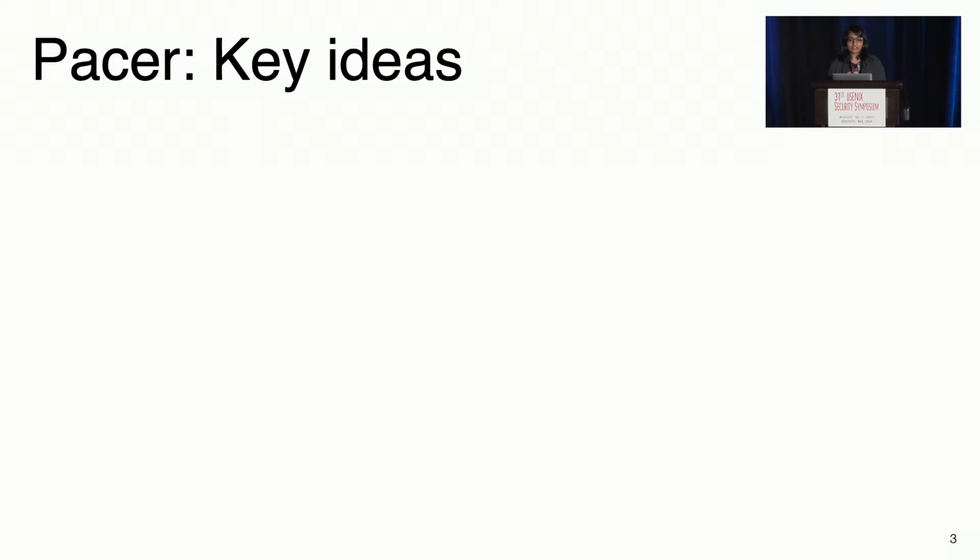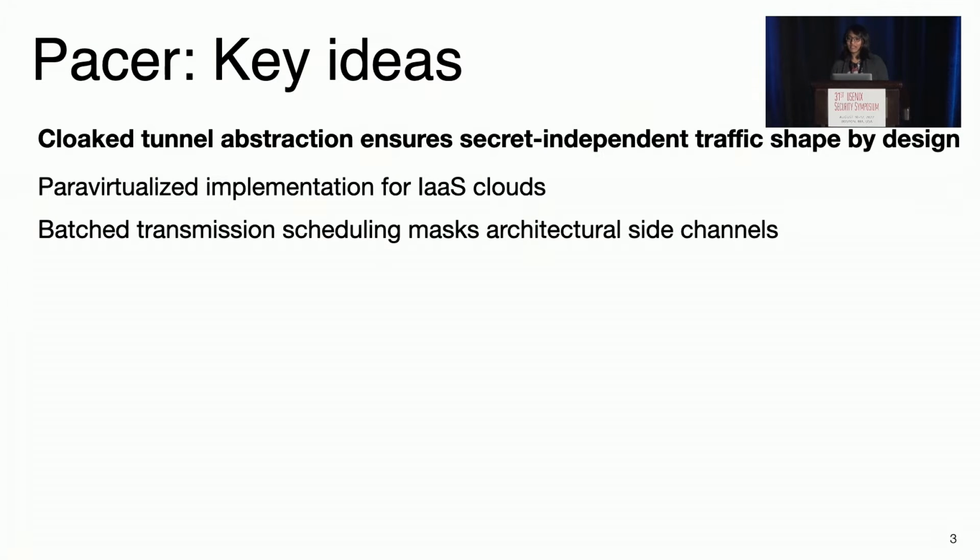And we present a system called Pacer to mitigate these kinds of leaks for cloud tenants. At its core, Pacer shapes an application's traffic to make the shape independent of secrets. And we present an abstraction of a cloaked tunnel to enforce secret independent traffic shapes by design for an application. To mitigate the leaks for infrastructure as a service cloud tenants, we provide the design and implementation of a paravirtualized